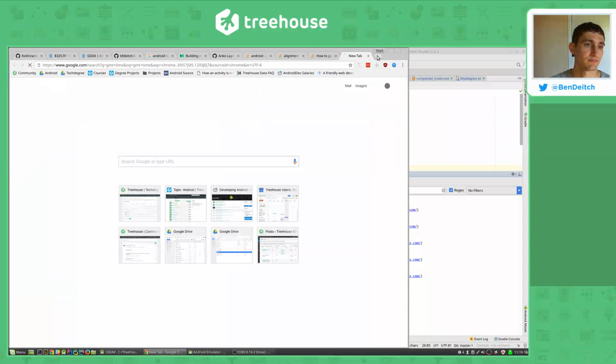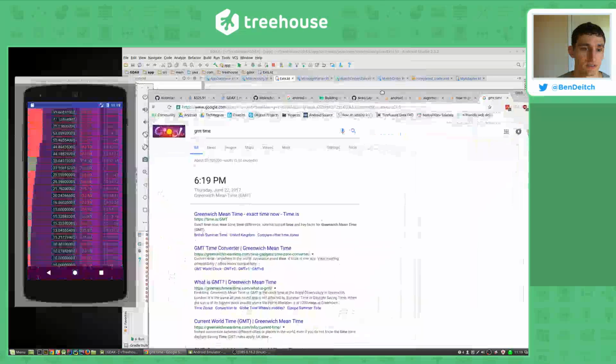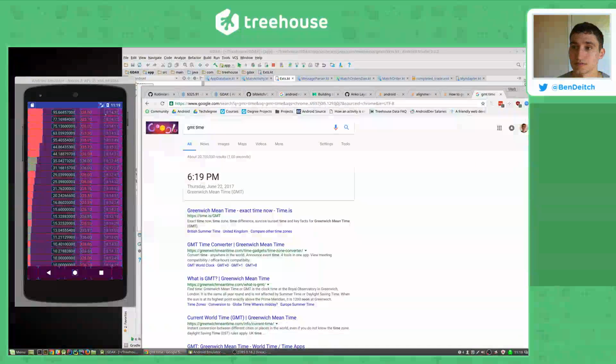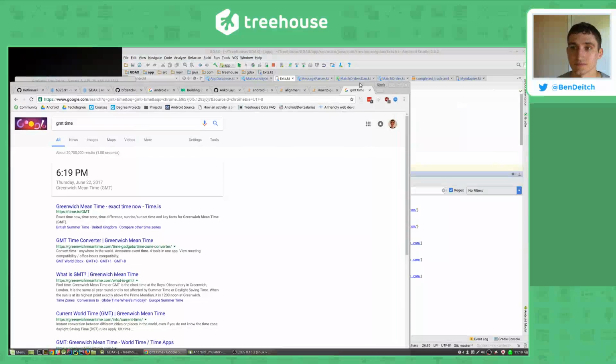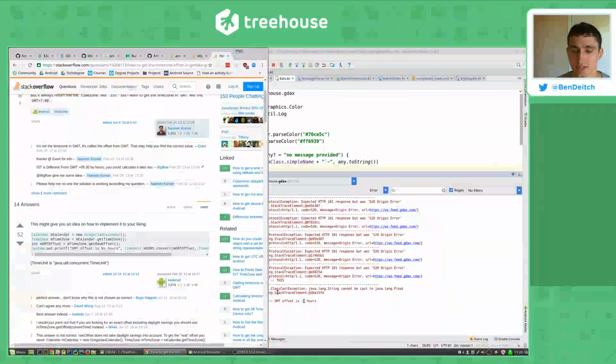GMT time. What time is it? 6:19. Nope, that is definitely GMT time. So that would be 6:19. Or rather, that's 6:14, but okay, so that is GMT time. So our GMT offset is -8, which